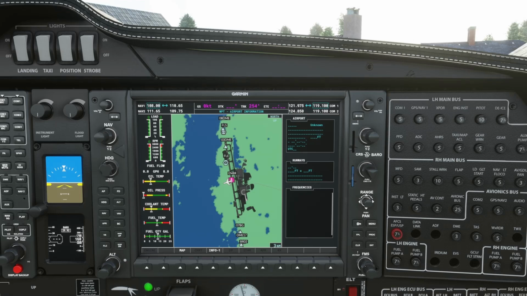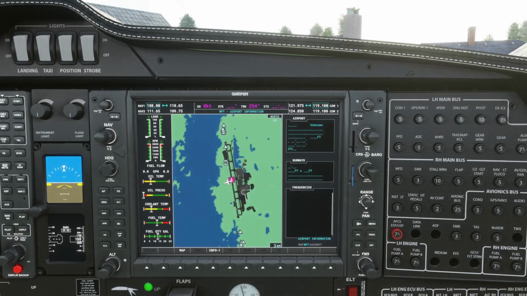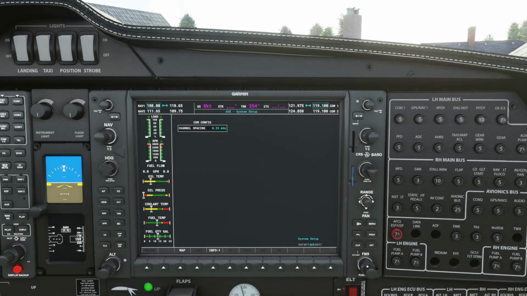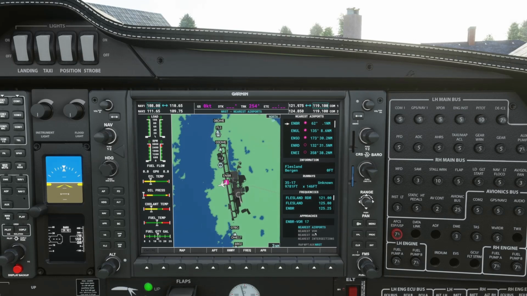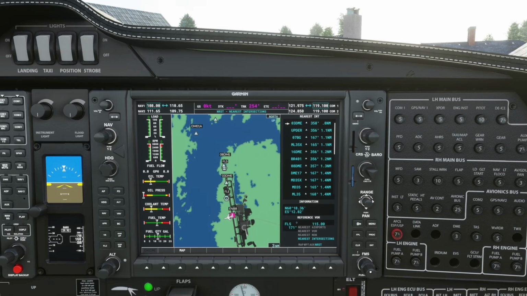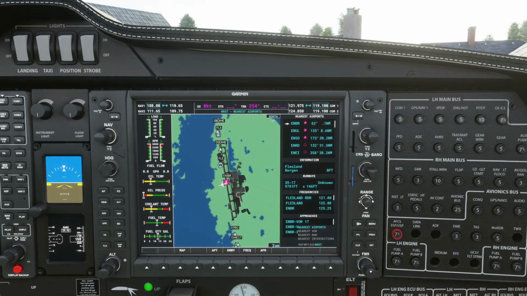Right, so you can see here we've got like a page menu. So we've got map, waypoint, auxiliary, and nearest. All right, and just under nearest you can see you have sub menus here.